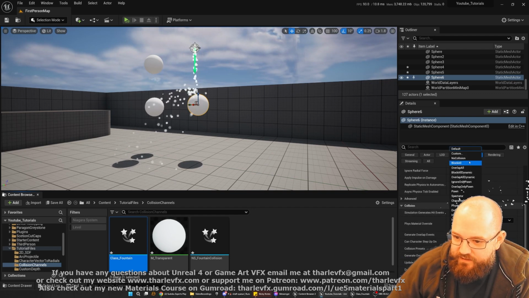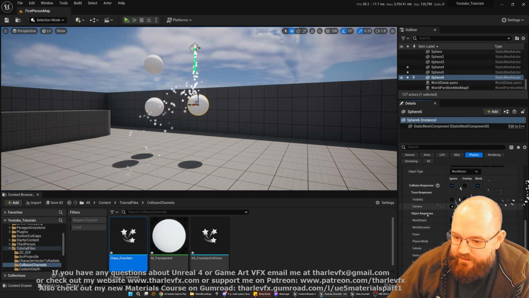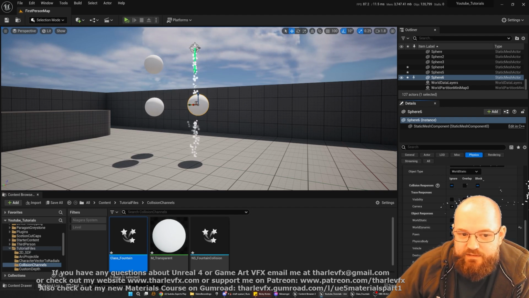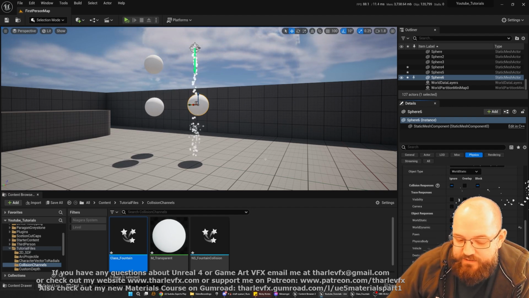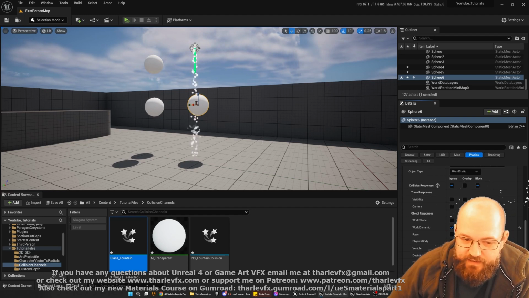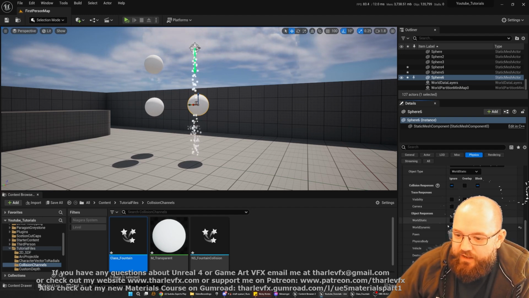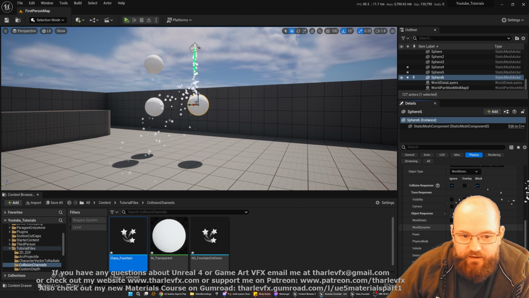Collision preset, if I change this to custom, is of type world static. And how does it respond to world dynamic? If I said ignore, now it's just going to pass right through. So if we're using CPU collisions, which are a little bit expensive, we can control that via the collision channels